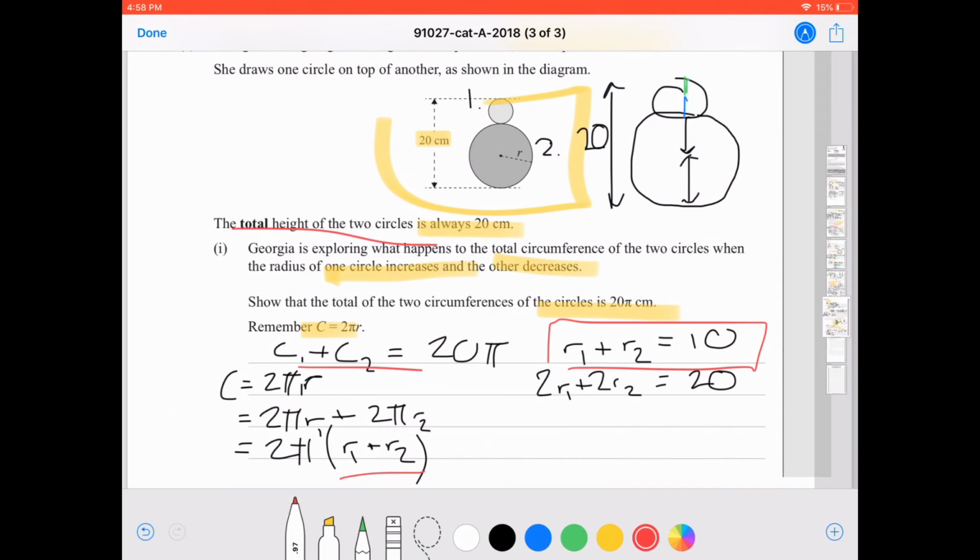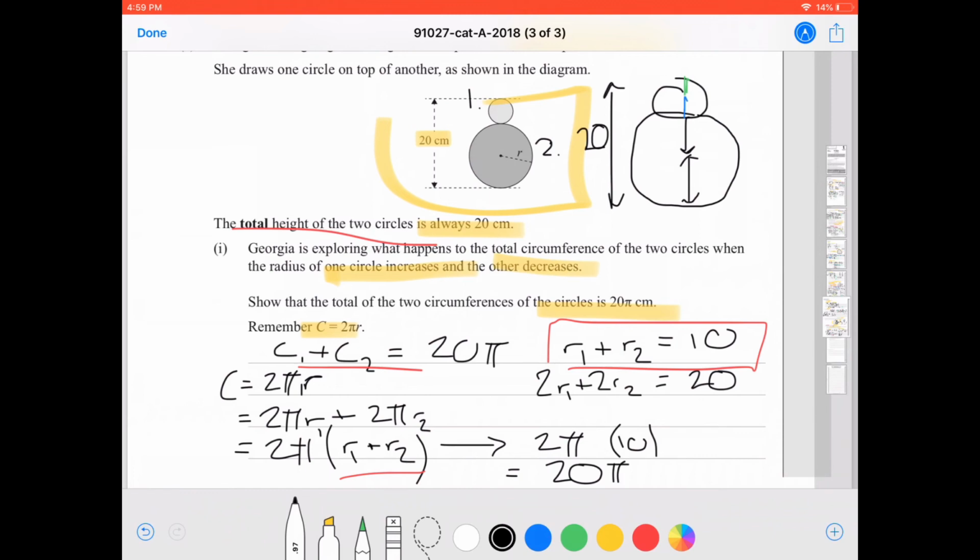Okay. So we can say, therefore, 2 pi, and substituting in, instead of r1 plus r2, we can say 10. So, total circumference, 2 pi times 10, well, we can multiply 2 and 10, 20 pi. Okay, and this